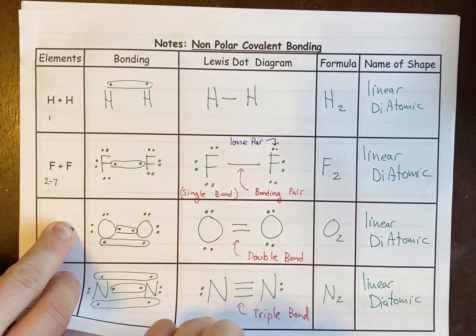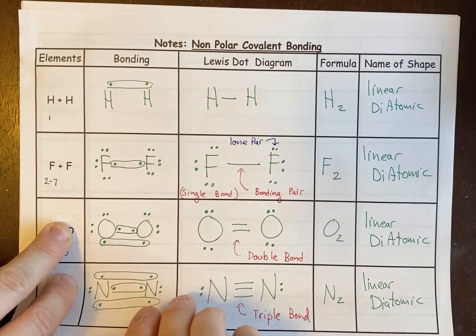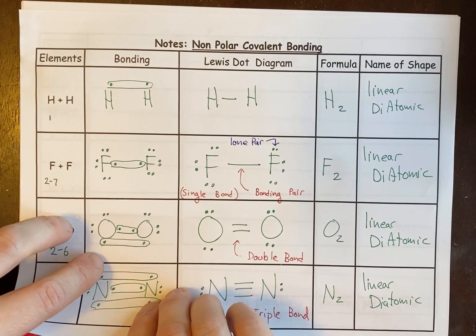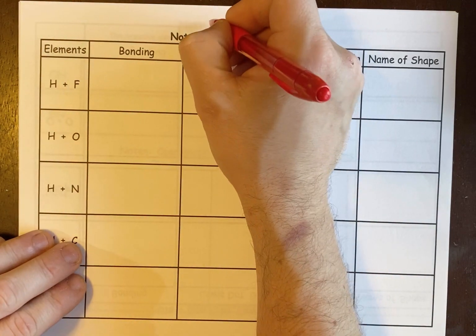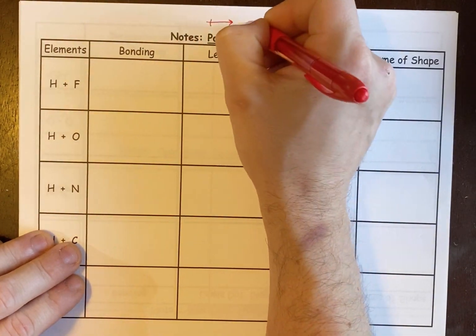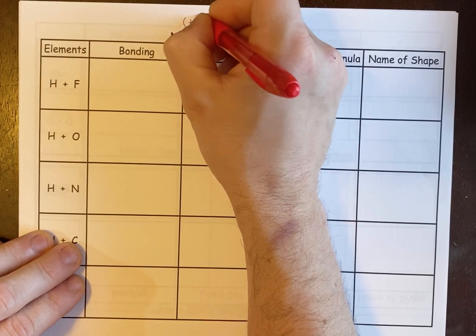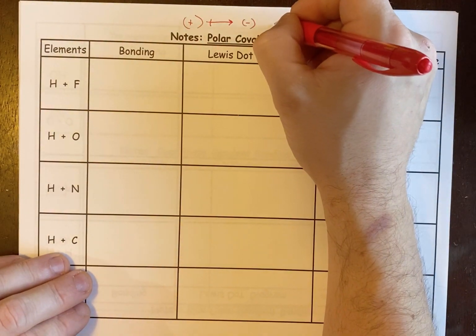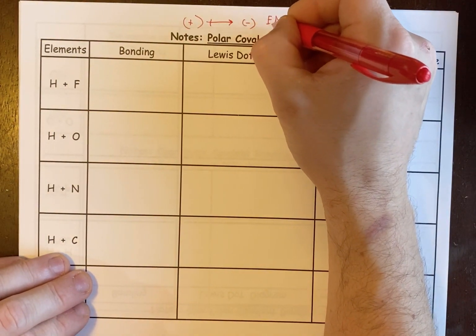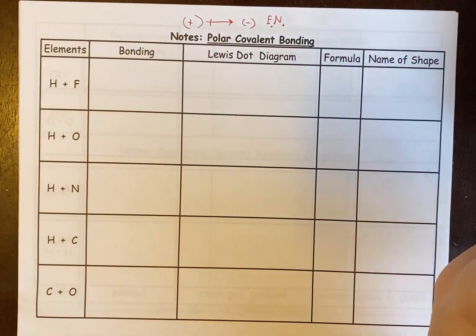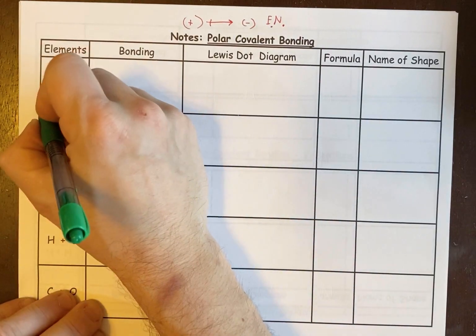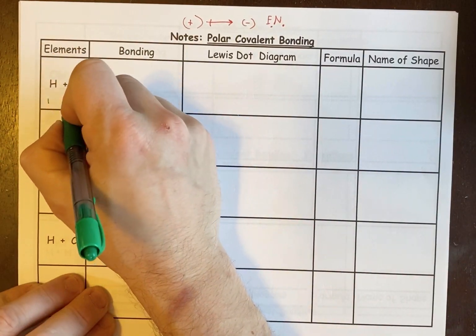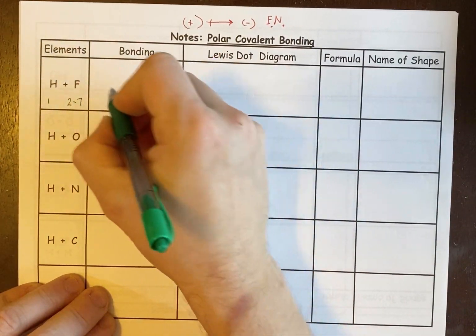Next page. Now we'll get away from the non-polar covalent and we'll get to polar covalent. So the thing about polar is, remember, with polar covalent, you're going to have an arrow that points towards the negative from the positive, and it's based off of electronegativity. The negative is the higher electronegativity. So H is configuration 1, F is 2, 7. So when I draw it out,